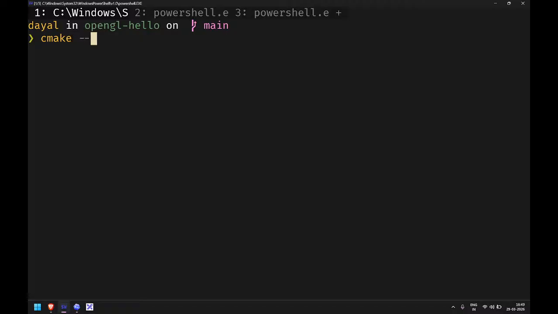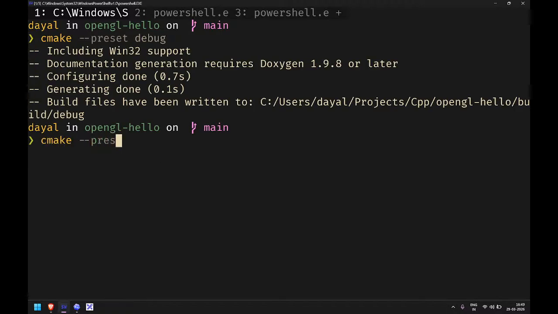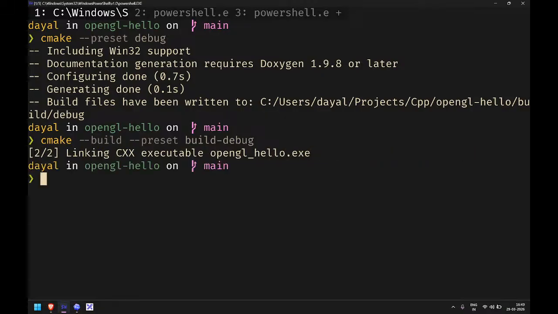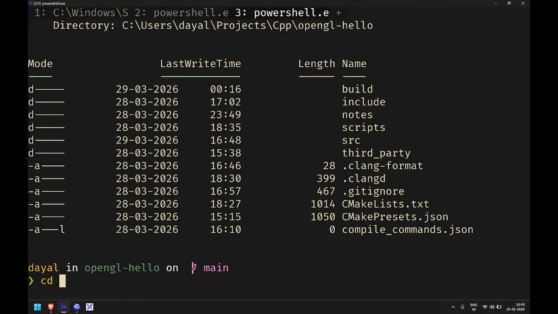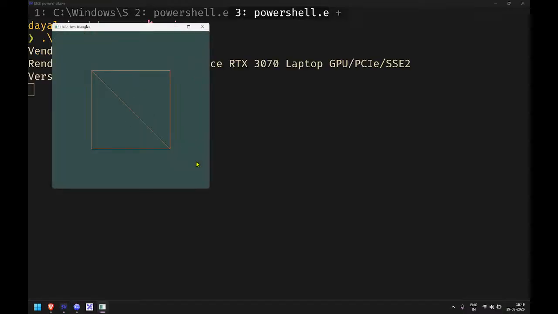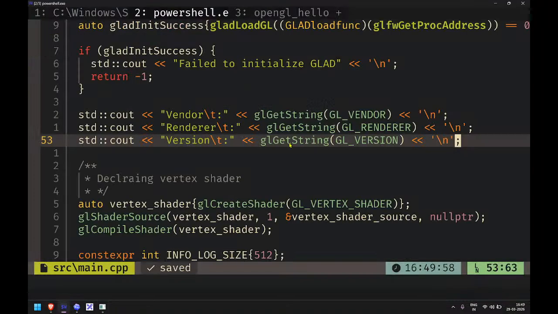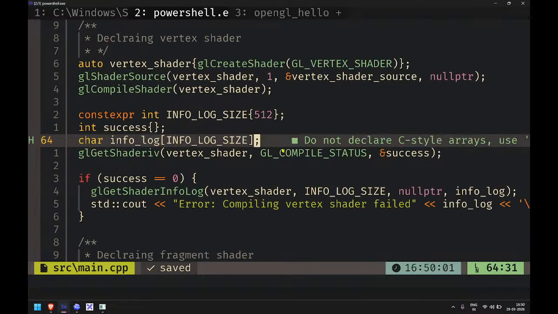Okay, let's preset debug. Let's make debug, build debug, or is it debug build? Build debug. Alright. Now what happens is you need to, this is me rendering two triangles with the help of OpenGL. And